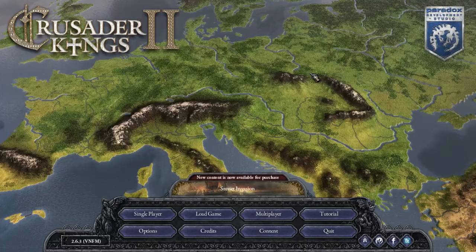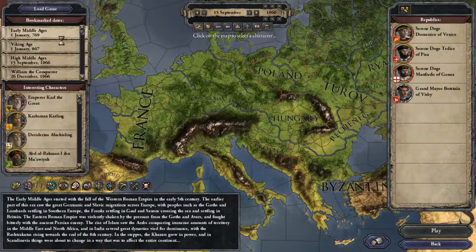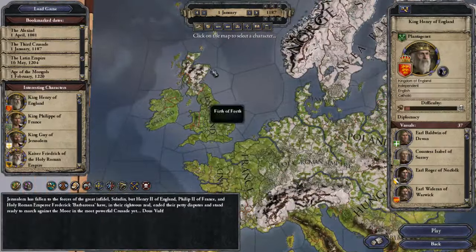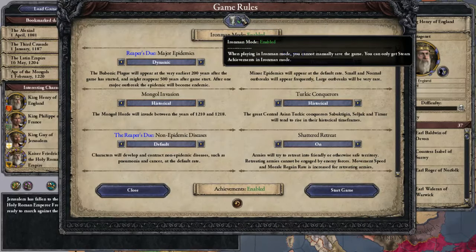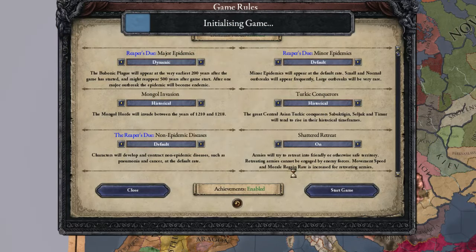My name is Tom, and today I want to demonstrate for you what I consider to be the most significant exploit in Crusader Kings 2. This is a technique whereby you can get infinite gold, infinite piety, and infinite prestige. This is achievable in Iron Man mode on the default rules very easily, very quickly, as I'm going to demonstrate